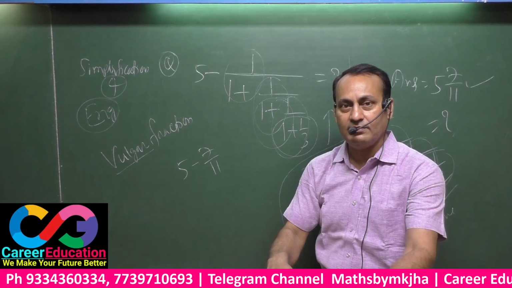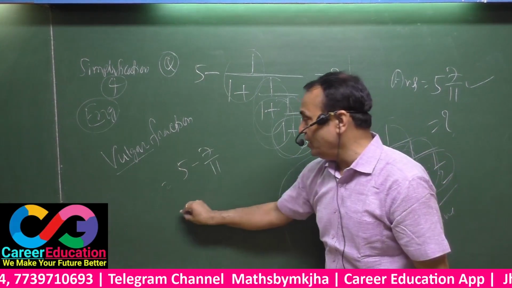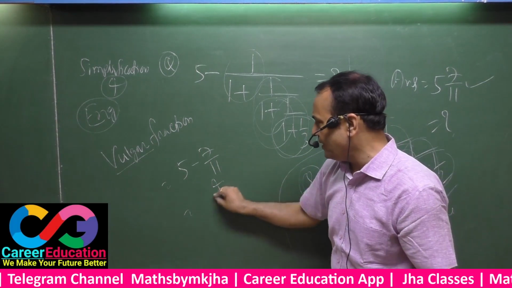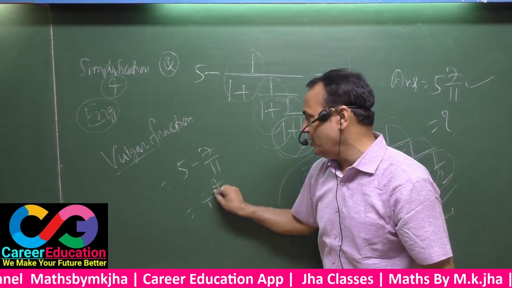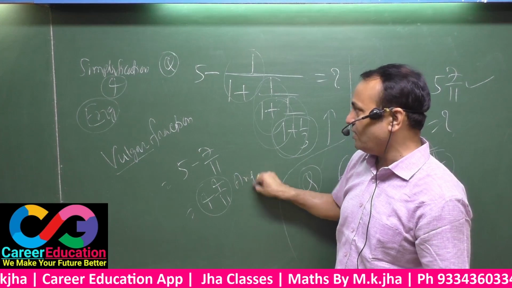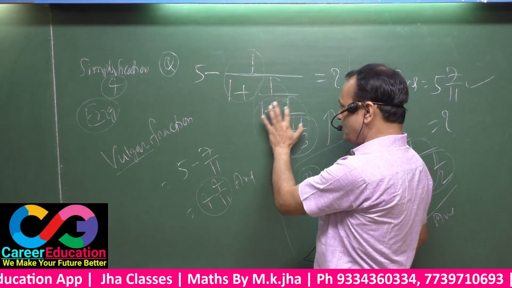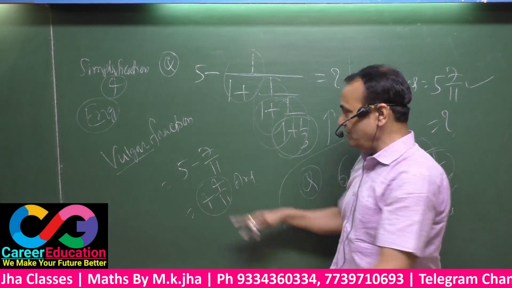But if this is minus, in this situation certainly the difference, tell me the difference of 7 and 11, 4 by 11, and you have to reduce this 5 by 1. That means this will be only 4. This will be your answer of this question. You may write here 5 minus 1 by 1 plus 1 by 1 plus 1 by 1 plus 1 by 3. You write this question as well, and the answer will be this.